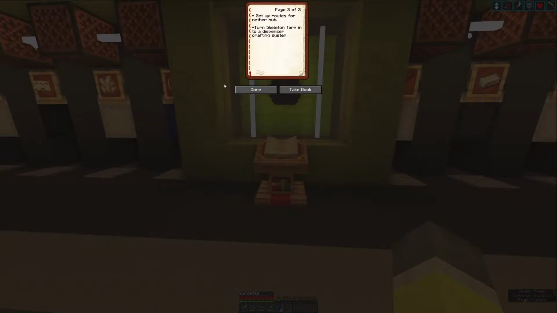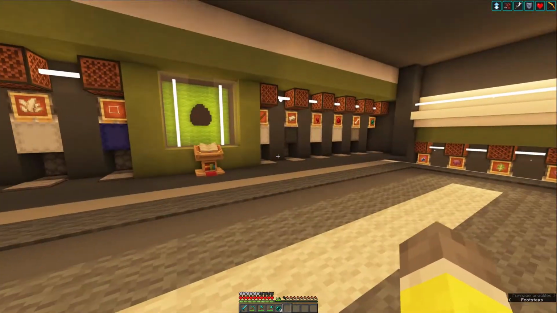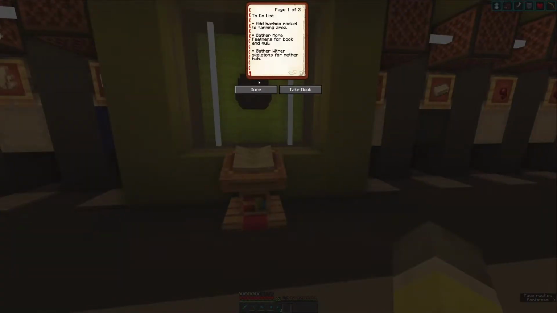There's actually a whole bunch more that I just can't remember right now. So we'll be bringing that back eventually to give ourselves a little reminder. But yeah, just thought I'd show you the nice little lectern that we've got going on here. And actually, one of the to-dos in this little lectern here is to add a bamboo module to the farming